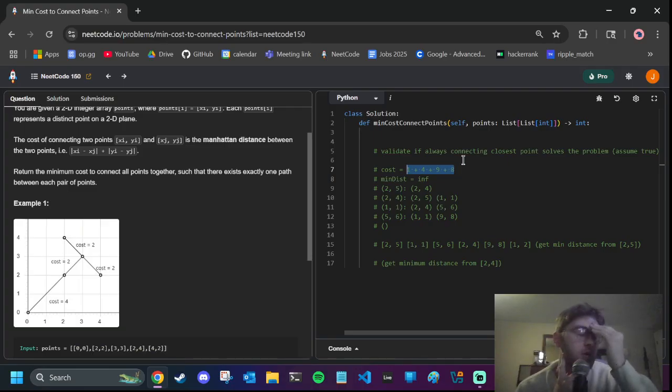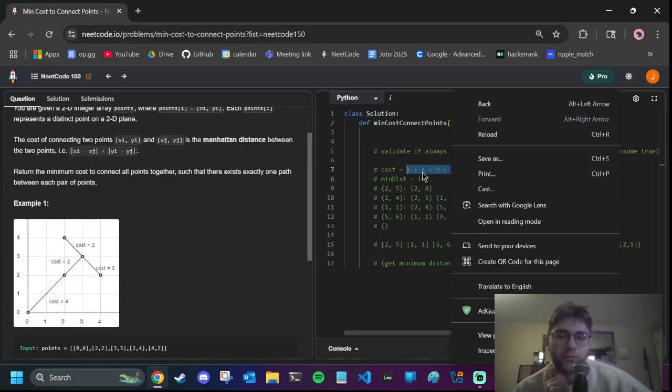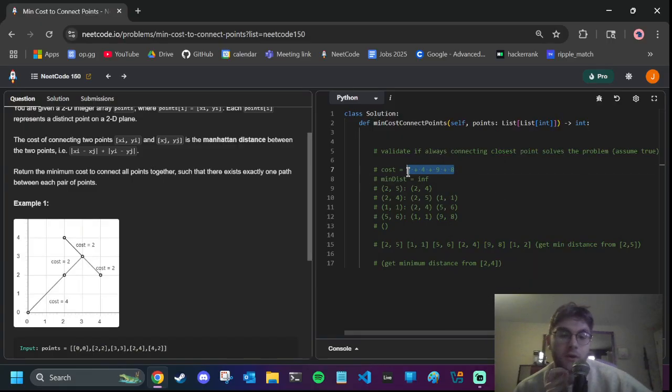I think that might be an algorithm, like Prim's algorithm, or there's another one where maybe what you do is just find the shortest distances and then go from there. Because in this case, we probably would want to start at 1, 1 to 1, 2